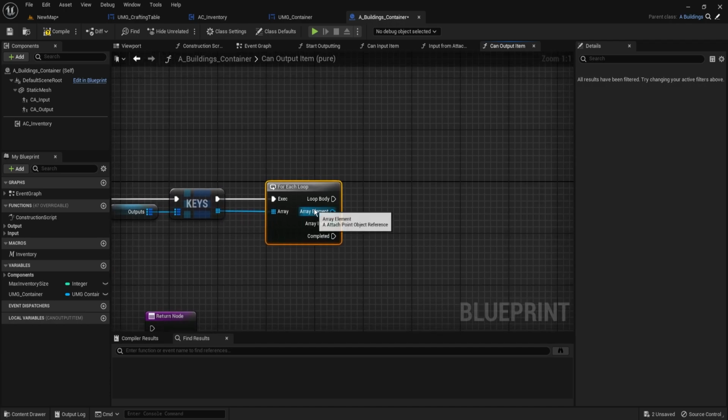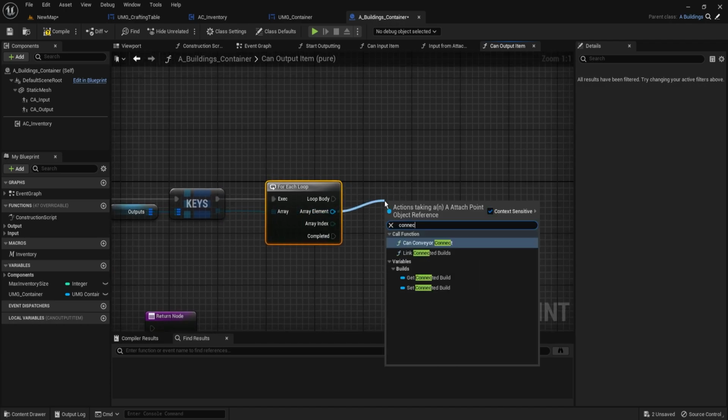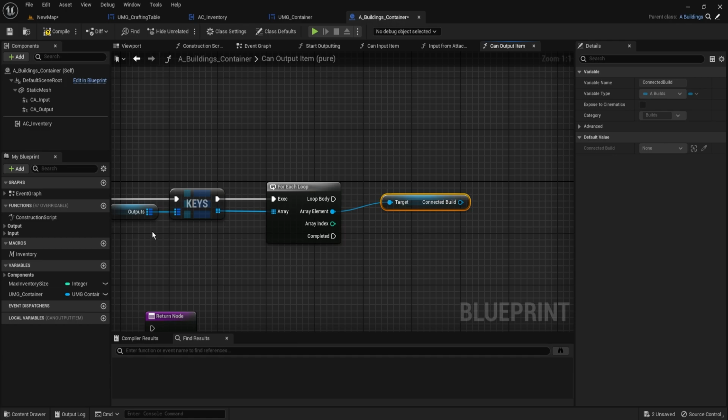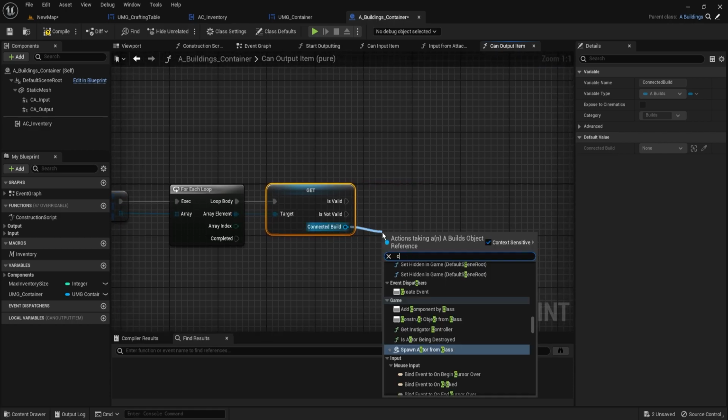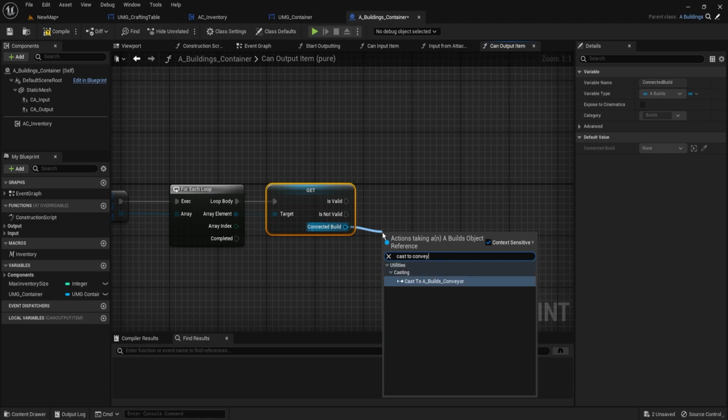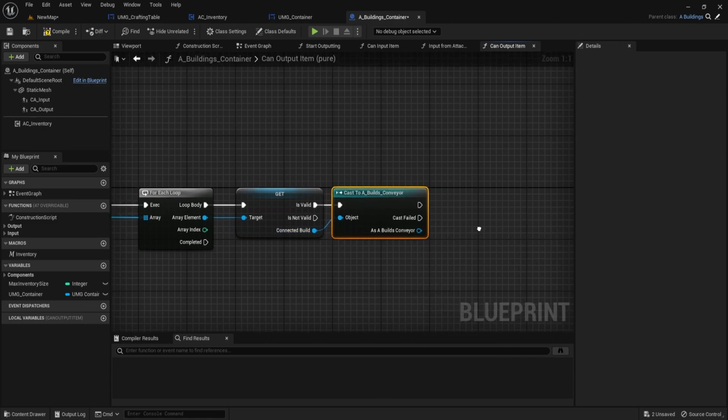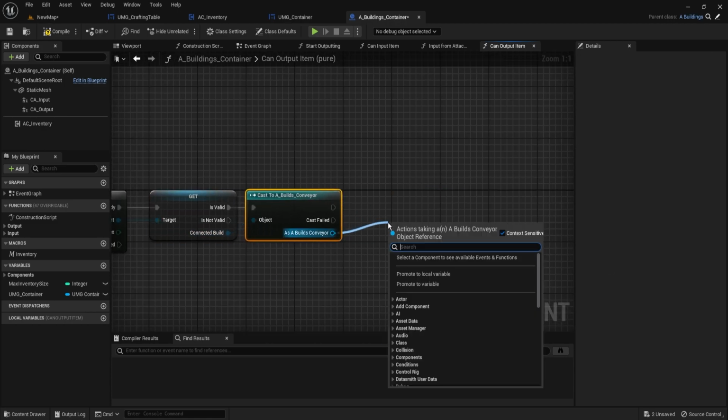And with this for each loop, we're going to check for connected builds because this is our outputs. Then we want to convert to validated because maybe there is no connected build, so this can be invalid. We're going to cast this to conveyor. And the last thing we're going to do is, from our conveyor, we already have a function for this called